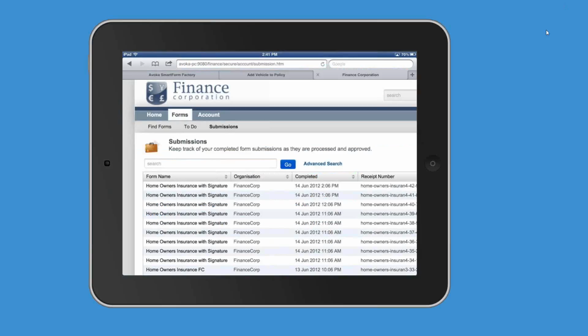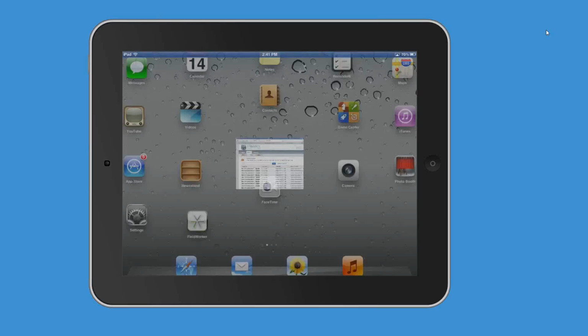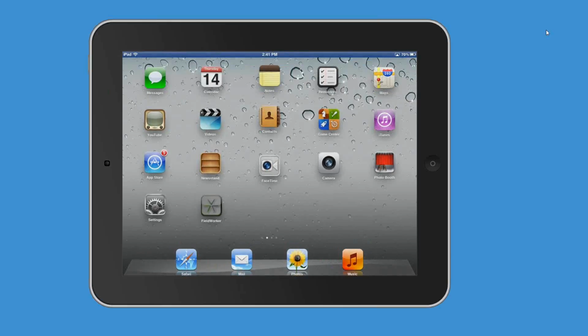Now, the other thing I wanted to show, so I'm going to go back over to the iPad again. Now, Howard talked about, we've got customer forms that are going to be used for mobile devices, but we also have the concept of field workers, where I need to have forms taken and used in a complete offline mode. So you'll notice on the bottom of the screen I've got an icon. It's an application from Avoka called the mobile field worker. I can click on that, and that's going to allow me to log in. So I'm going to come in,